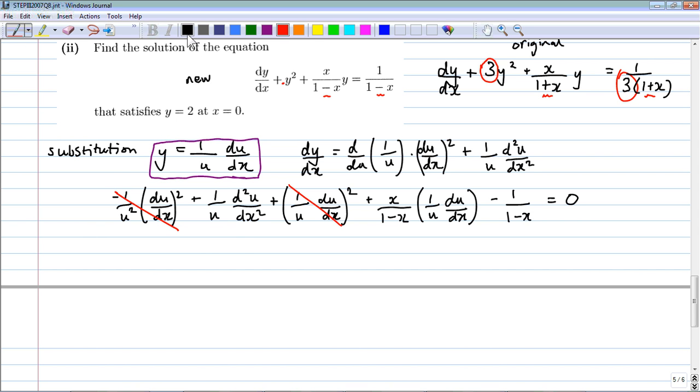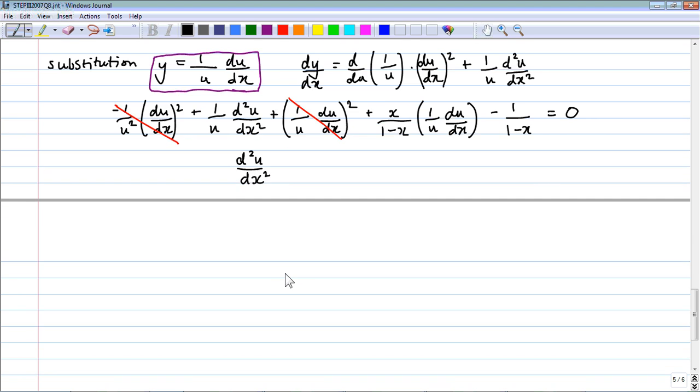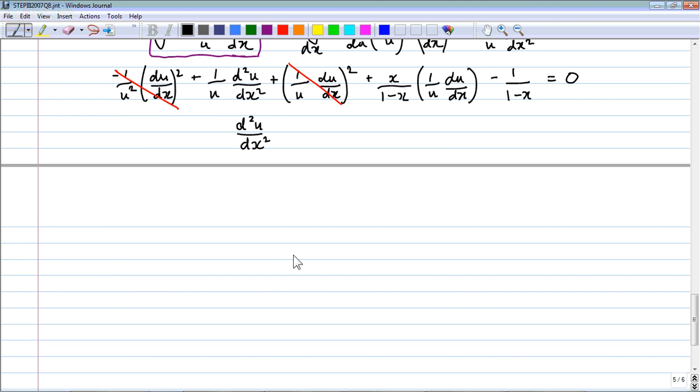Multiply by u, and I get d2u by dx squared, so multiplying by u, that will cancel the u here, plus x over 1 minus x du by dx, minus u over 1 minus x. Did I get that right? Minus u over 1, yeah. So let's just say minus 1 over 1 minus x u, yeah,